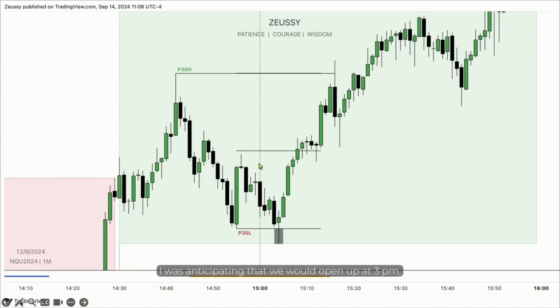I was anticipating that we would open up at 3 p.m, drop lower to take out the previous 30-minute cycle low, form a low there, and then begin to show the signs of forming a reversal here to begin to expand towards the upside. Notice that when we traded above equilibrium, the market went back and forth for a moment before expanding into the anticipated direction. Notice that we took out the previous 30-minute cycle low right here. This is where I went long off, and we reverted towards the previous 30-minute cycle high right here. If you want to see my full breakdown, you can refer to my X profile and see it there.